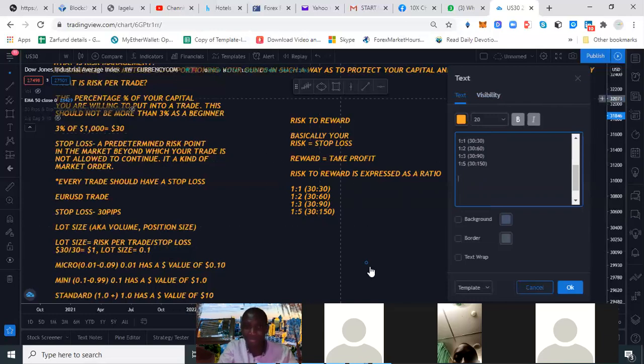All these things we are doing, they are things that we are establishing that we are going to use for our trades. All right? So tomorrow when you are setting a trade and your stop loss is 40 pips, you know that 1 to 1 risk reward is ringing in your mind. Hey, if I'm setting stop loss of 40 pips, I cannot be setting take profit of 20 pips. Remember I said that there is a way to determine where your stop loss should be. It's not just a random figure. It's not just an arbitrary figure that you pick and say, okay, I'll take 20 pips or I'll take 30 pips. No,